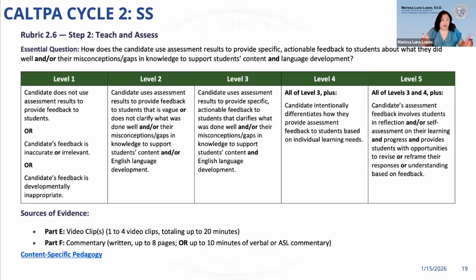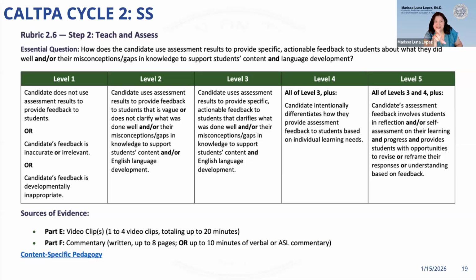Now, in lower grades, many times specific actionable feedback may be the teacher having an individual conference with an individual child or a small group and giving them feedback. Candidates will need to capture that in some way, but oftentimes with older students, they may even write out some specific actionable feedback. Maybe they had some type of rubric that they're using to score a summative assessment, or they're scoring a formative assessment. However, then they would provide specific actionable feedback there. So that's part of the next step.